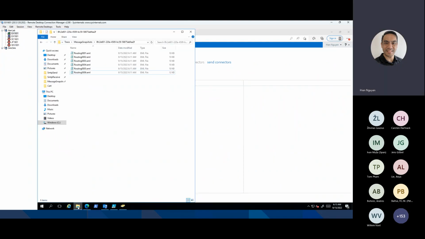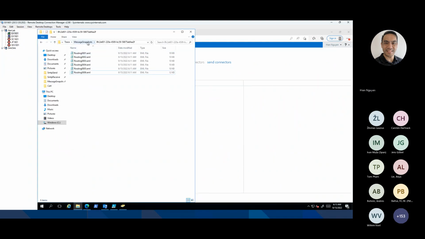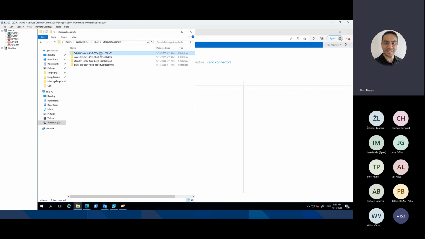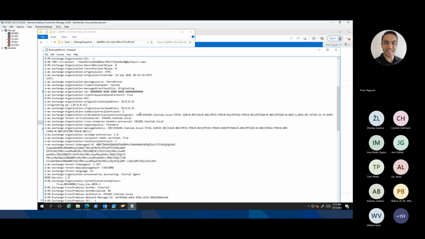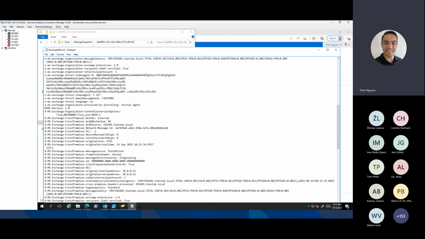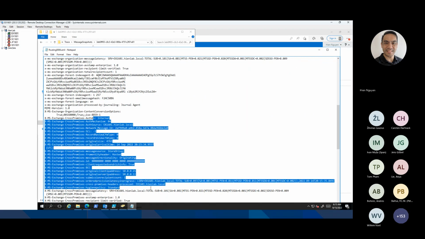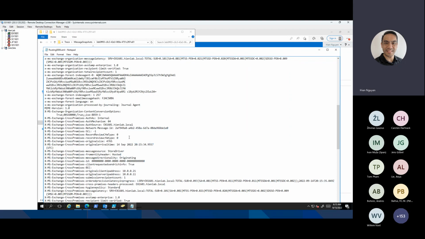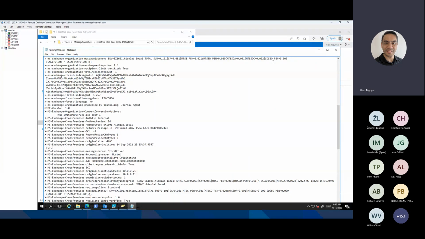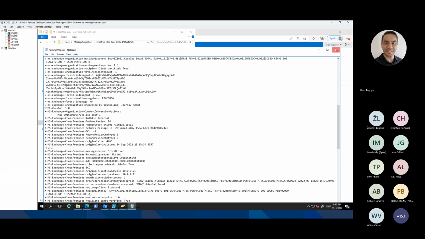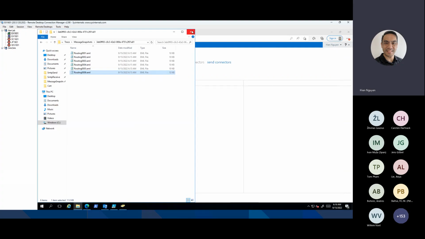Let's have a look at the message. Here, we go to the last routing. And then we can see the cross-premises headers are added. It's because hotmail.com is an accepted domain on-prem, but it's left on-prem, and these cross-premises headers have been added. So what we'll do now is let's break this internal